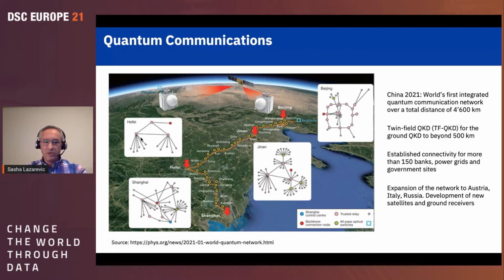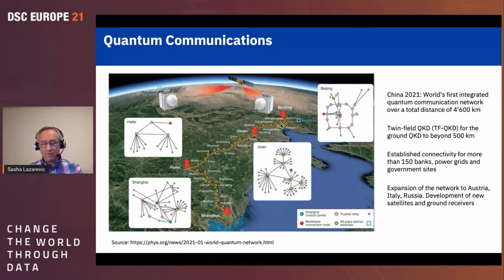You probably remember the satellites that were launched already 5 years ago. And in the meantime, this terrestrial communication network has been built. There is a new technology which extends the limit of one quantum network link from 70 kilometers to over 500 kilometers. This is important because after this limitation, you need to perform the measurements,